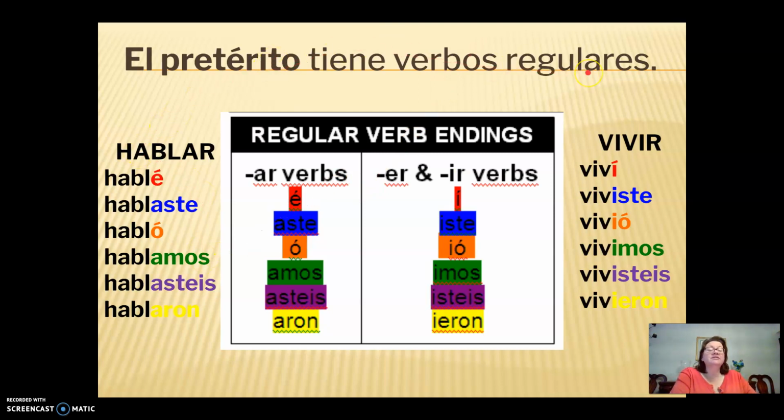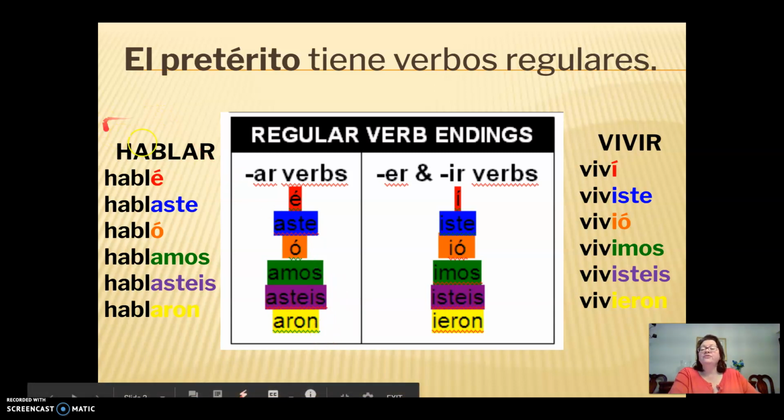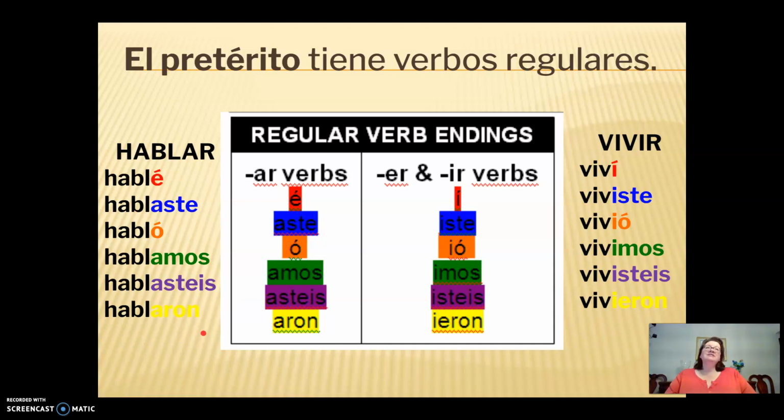All right, so the very first thing is that obviously the preterite has some regular endings. For AR verbs, we have é, aste, ó, amos, asteis, aron. Those are all endings for the AR verbs. So for example, the verb hablar is hablé, hablaste, habló, hablamos, hablasteis, hablaron. Remember that the preterite is the equivalent of "ed" in English. So that would be I talked, you talked, he talked, or if we use the word to speak, which happens to be irregular in English, it would be I spoke, you spoke, he spoke.